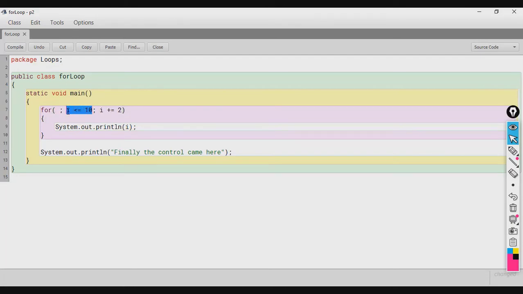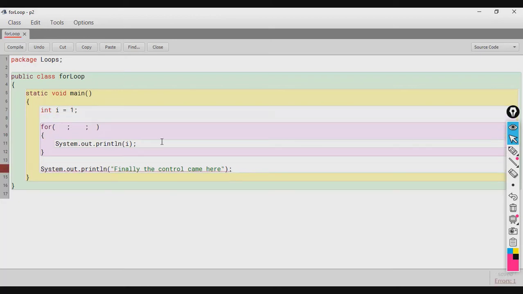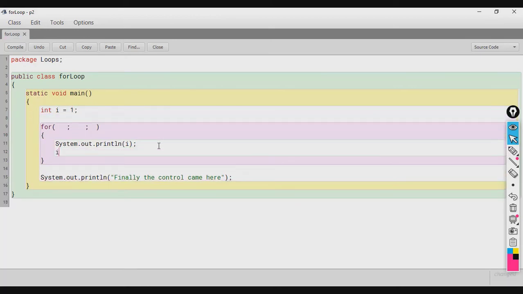Now let us see what else we can do with this for loop. So this time I have removed the initialization, condition and the update statement, and I will print I, but this time the I variable I will declare outside. I will declare it outside and I will update the I variable inside the loop.